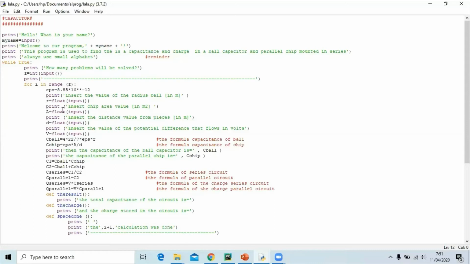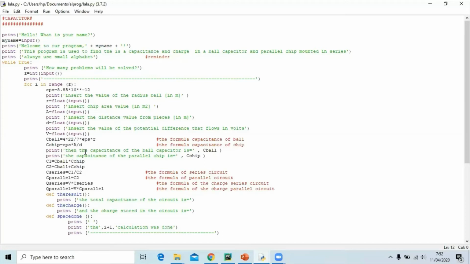And then I put print insert chip area value in meter square, and then insert the distance value between the plates, and insert the value of potential difference that flows in volts. This is the formula of capacitance of ball, and this is the formula of capacitance of chip parallel. And after that, the program will print